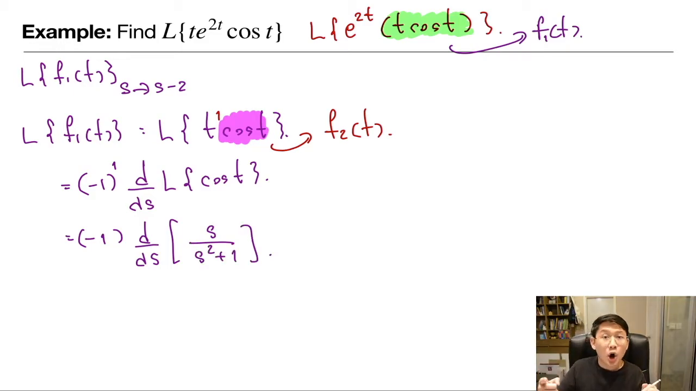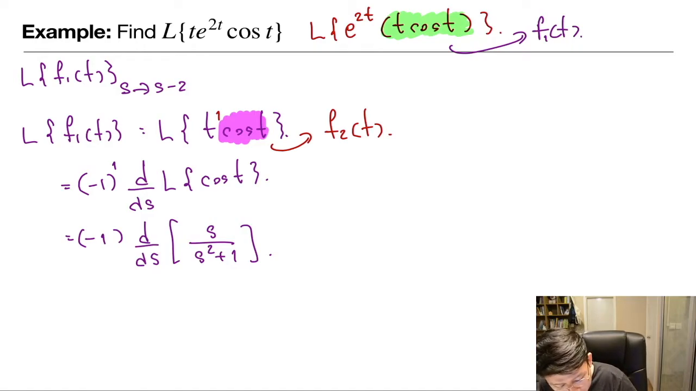Okay, it's actually cos 1t. Cos 1t, k is 1. So when k is 1, the Laplace transform of cos kt is s divided by s squared plus k squared, which is s divided by s squared plus 1 squared. Okay, and then we need to differentiate this function, and I'll use the